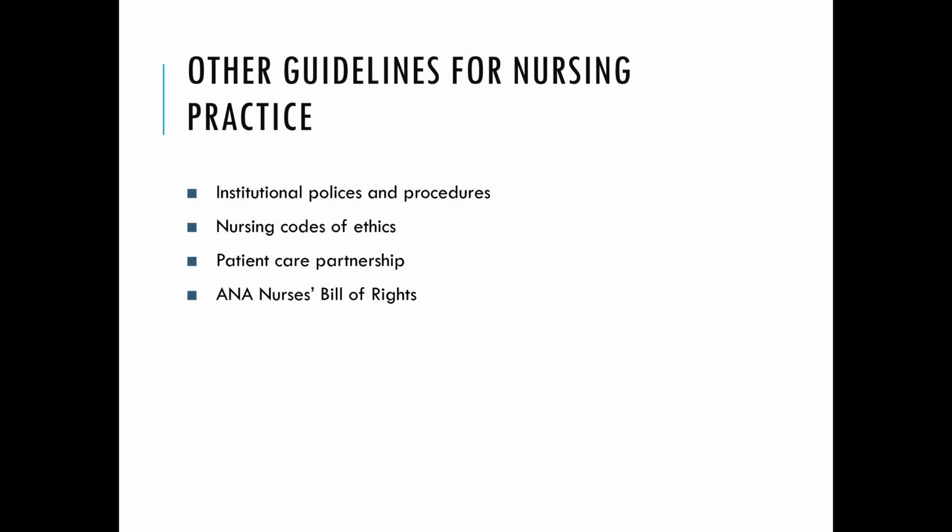And then the ANA, American Nurses Association, Nurses Bill of Rights. This is another guideline for nursing practice. It is a policy statement adopted by the American Nurses Association, and it is used to identify 7 conditions that nurses should expect from their workplace that are necessary for sound professional practice. It provides a framework for employers to understand what nurses need for a safe work environment and to support nurses as they address issues such as unsafe staffing, workplace violence, and mandatory overtime.